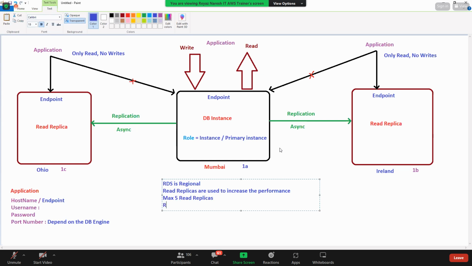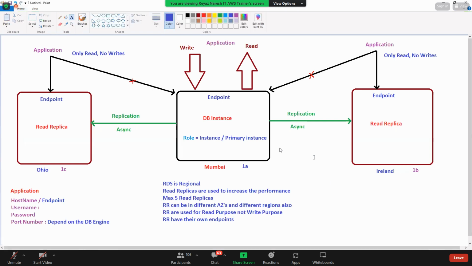Read replicas can be in a different availability zone and different regions. Read replicas are used for read purposes, not write purposes. Read replicas have their own endpoints. Make sense? See the diagram for 1 minute.